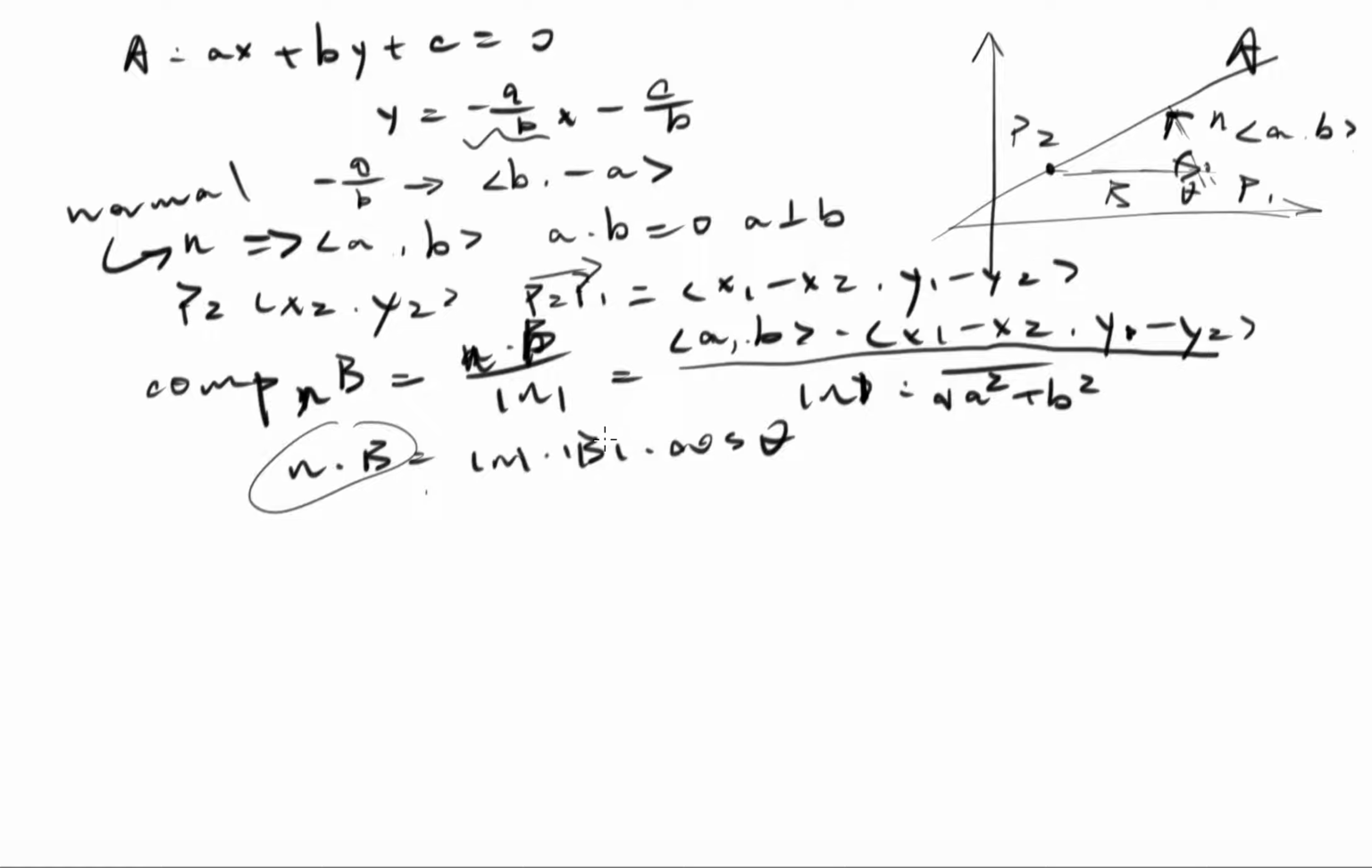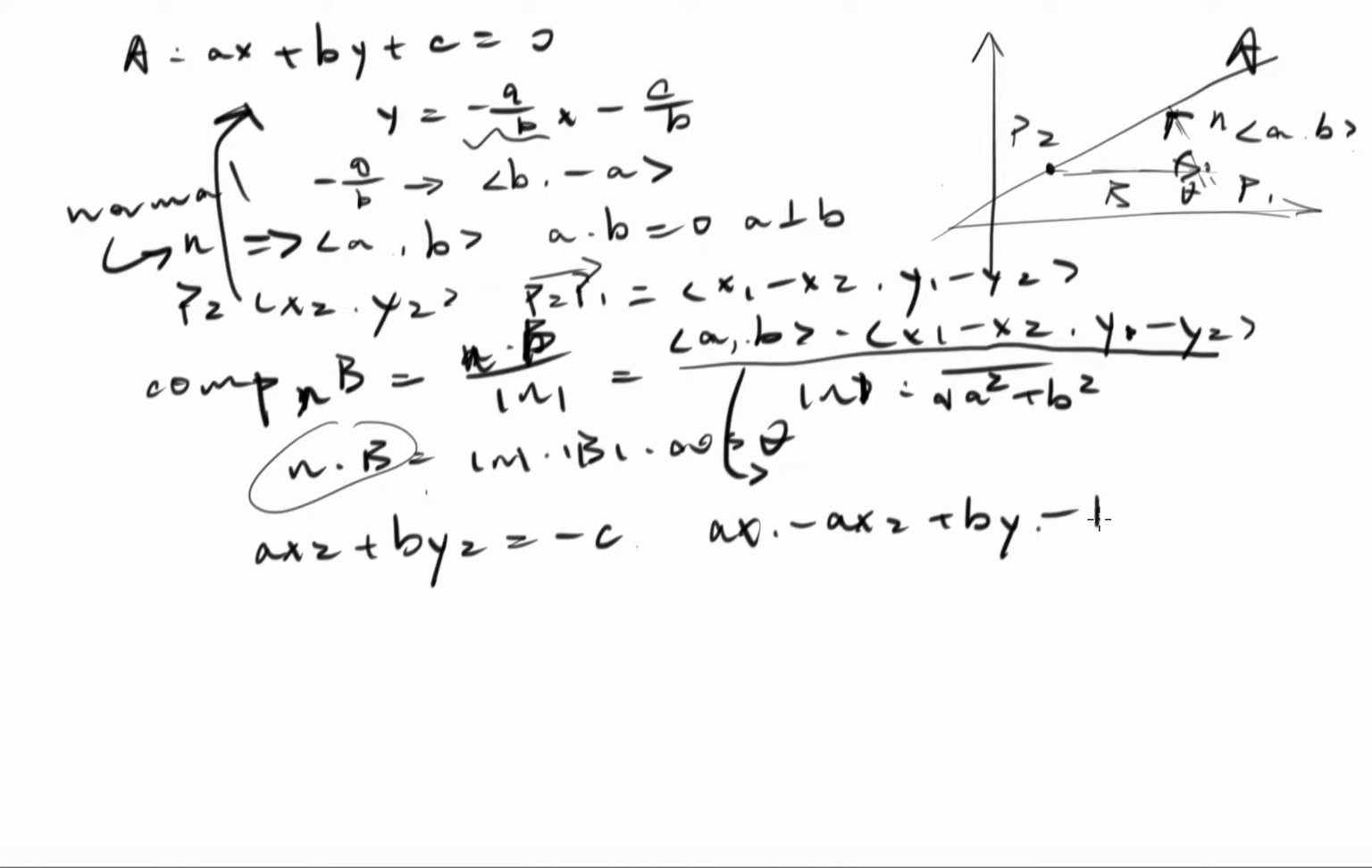And we're really close to the answer here. However, there's one really important derivation step we have to do. As we know, based on our assumption, P2 is a point on this line, so it also obeys this equation, which means ax2 plus by2 is equal to negative c. And as we expand the expression here, it would actually give us ax1 minus ax2 plus by1 minus by2